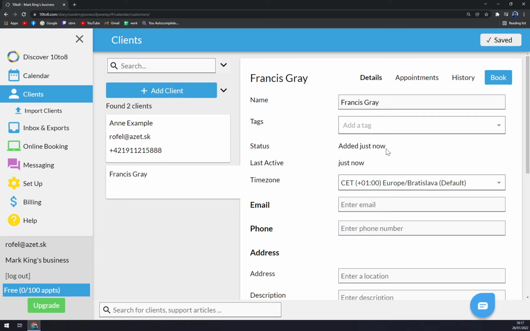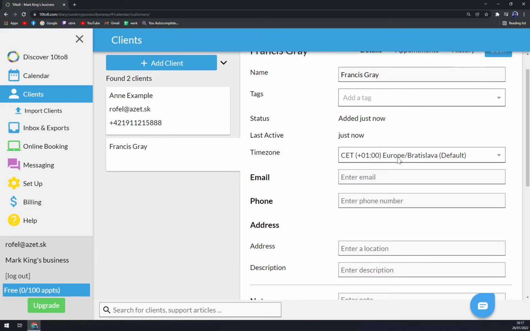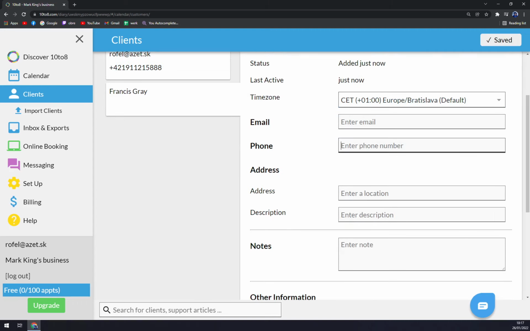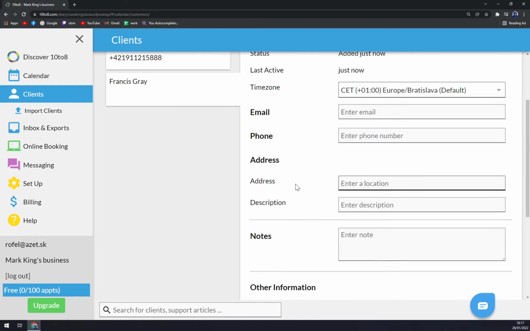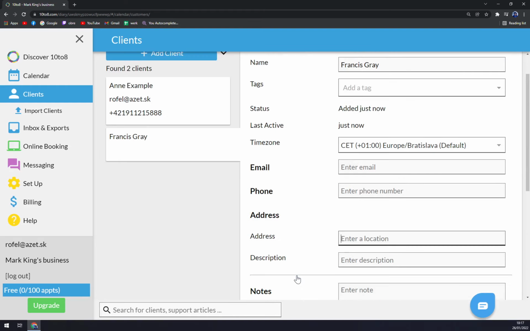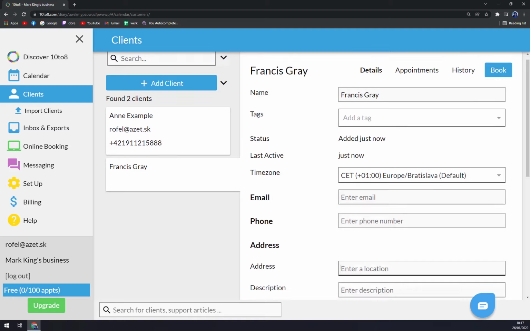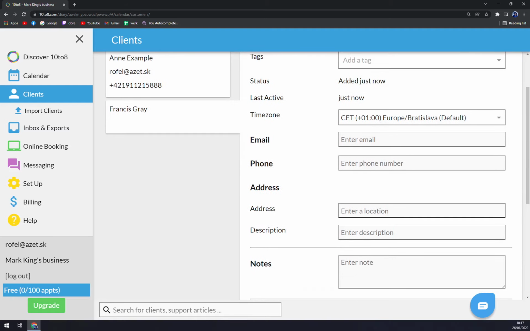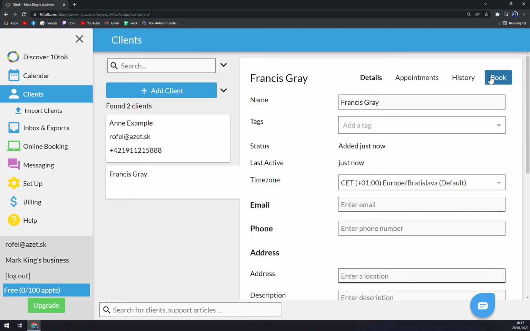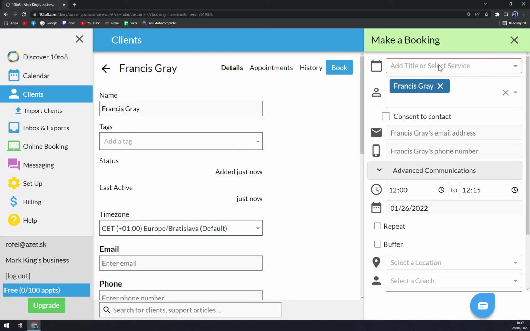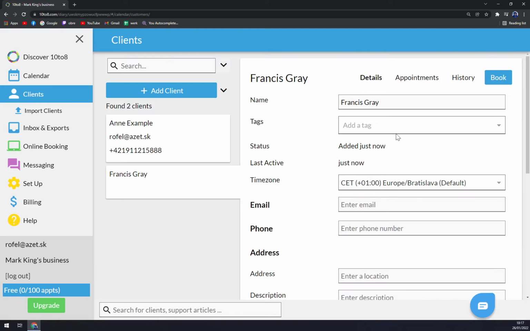We can go with a tag, added just now, last active just now, time zone, email, phone, and then also the address. If we are done filling in all the information, we click on book, and straight away you can even book with this client